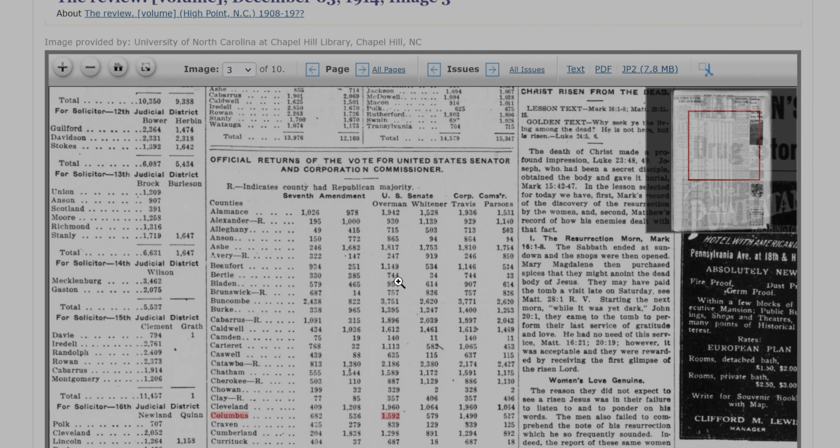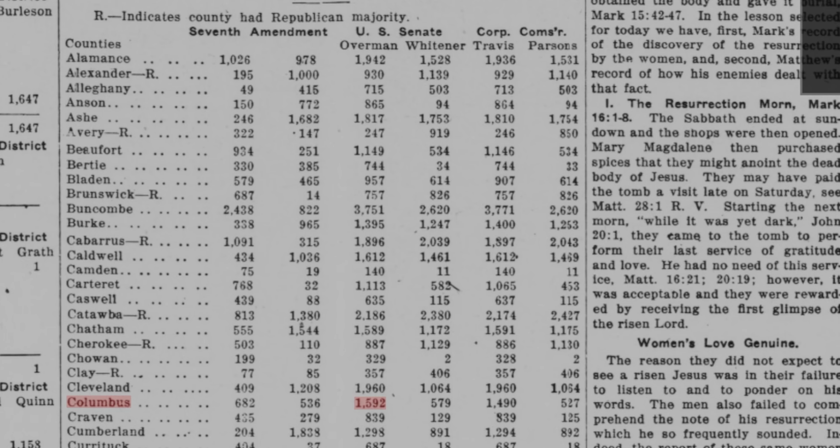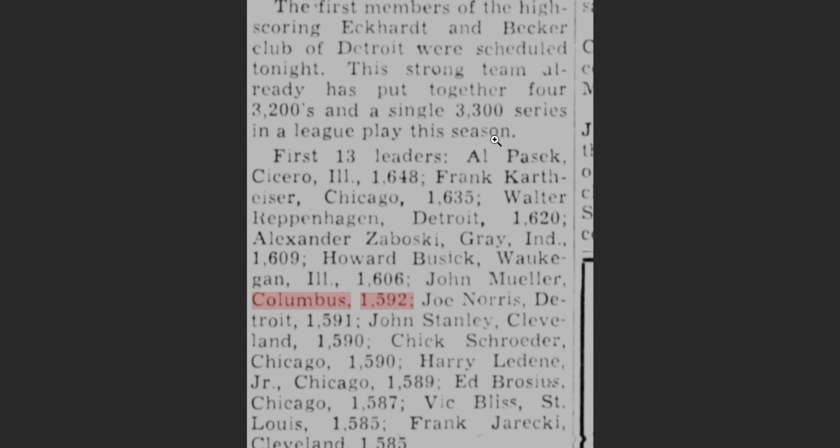Very curious, the exact amount of votes was 1592 for Columbus. And this is in 1914, so I believe this is them muddying the water for future people so that they won't be able to find information. You know, if you go searching for Columbus 1592 in the archives, you'll just get pulled a load of this nonsense. Once again, the first 13 leaders of this all got different votes, and John Mueller of Columbus got exactly